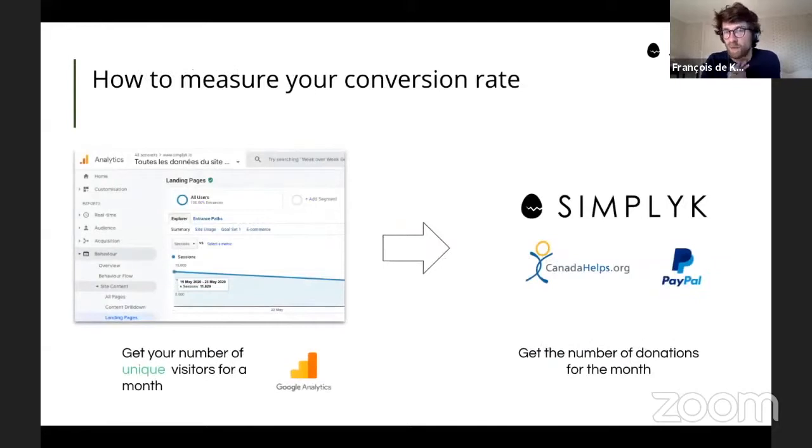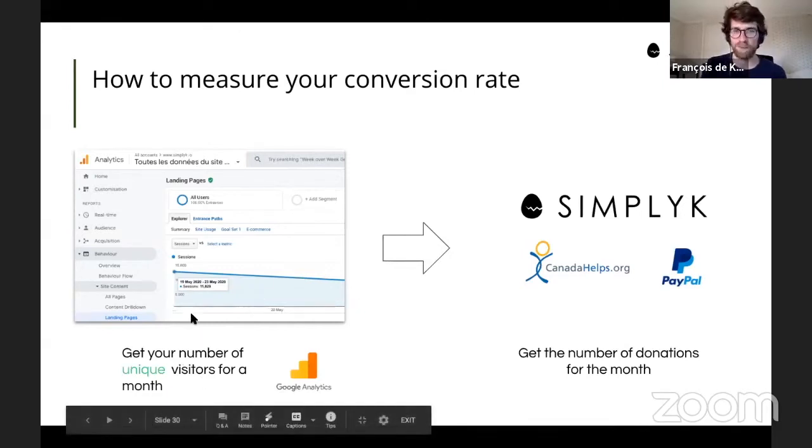First, how do you measure your conversion rate? If it's not activated, you can easily activate Google Analytics. Google Analytics is just the tool measuring your traffic. If you're not familiar with it, we can go through it later. It's super simple, and you will get your number of unique visitors.